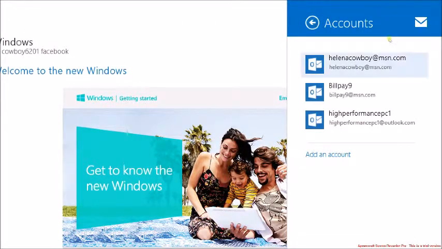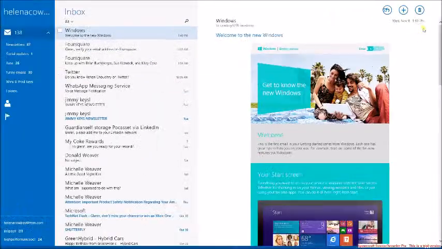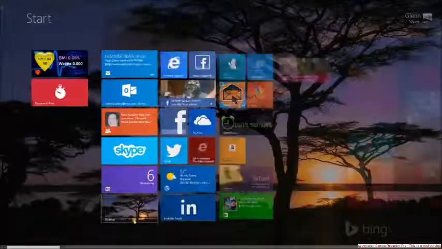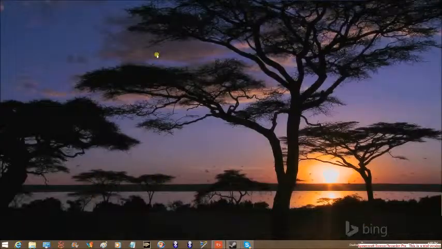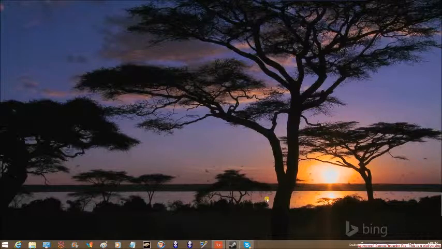It's a lot of fun, and Microsoft's done a fantastic job with this. So that's how you can personalize your email. So it'll make it a lot easier. You can really make it look nice. Okay, so now that you've seen how you can personalize Windows 8.1,